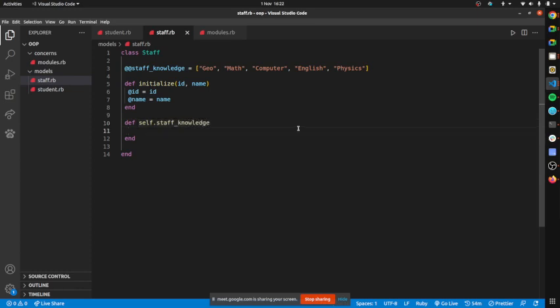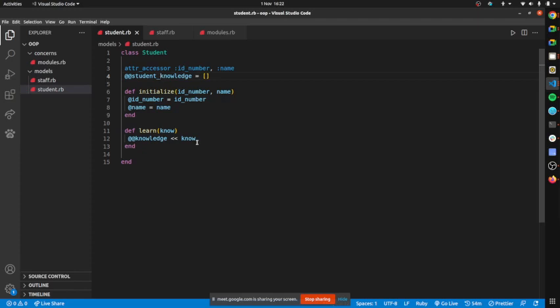Then down here we call this array. Control C. Paste it here. Yeah. So for the student, okay, I think we are done with the staff. For the student, we are learning, and then we also need to know how much the student knows here. So define student knowledge, actually self.student_knowledge,